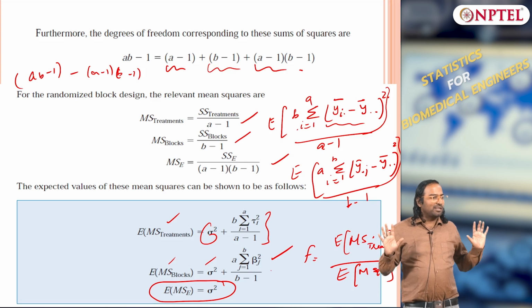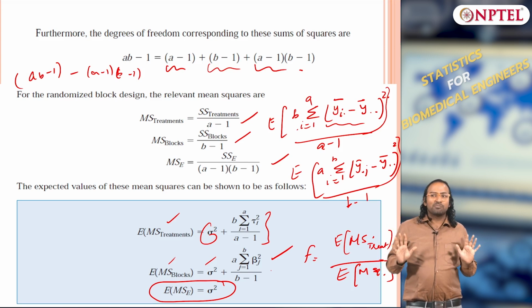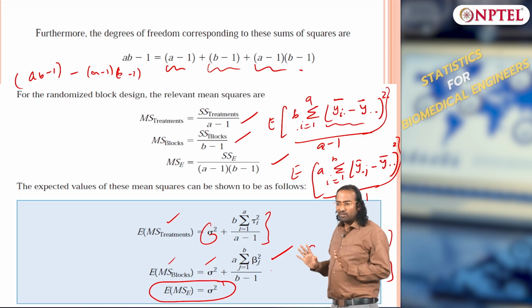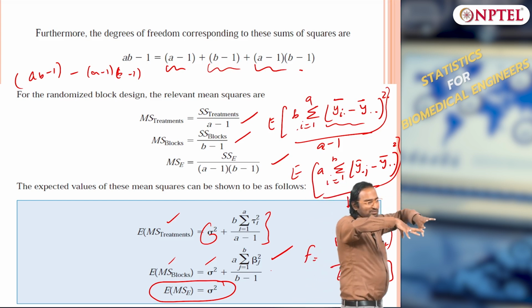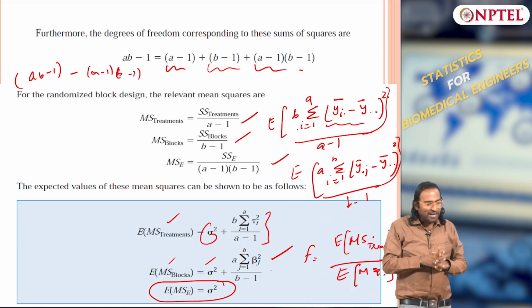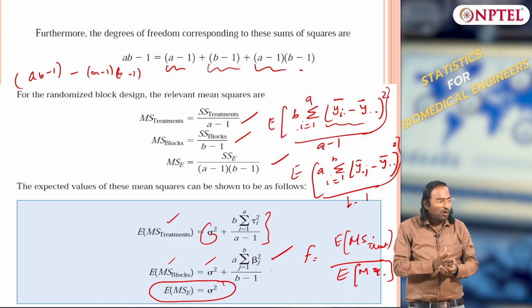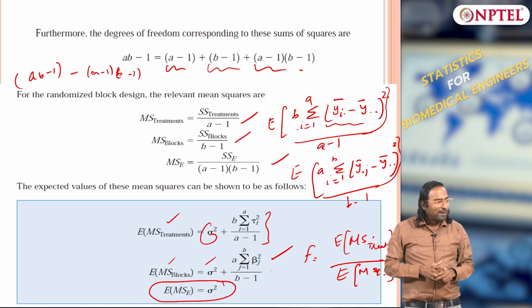Noise is every other term. Noise is IID. The assumption we have made is that noise is IID normal 0, sigma square. The moment I say IID, it is coming from various different sources, noise. But if I know for a fact that there is a particular variable, we looked at the paired t-test.